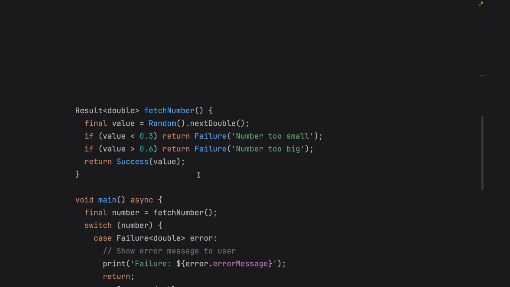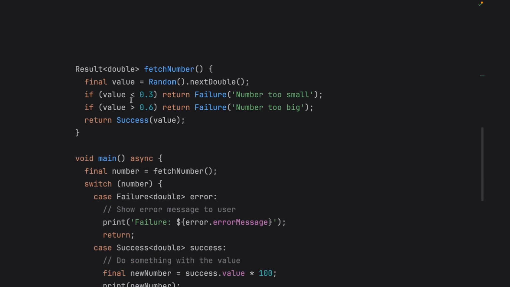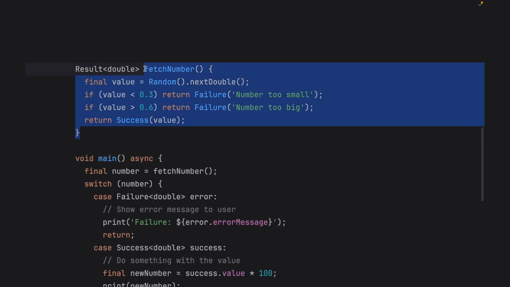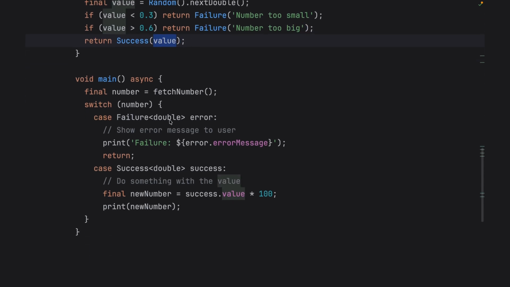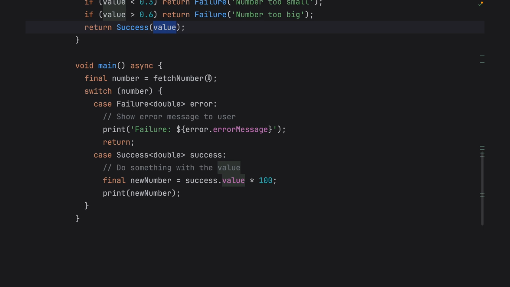And so then for its use, here's an example. We have a method called fetchNumber, which all it does is return a number between 0 and 1. But if the number is smaller than 0.3 or bigger than 0.6, well then it's a failure, and it can return, in this case, a Failure with an appropriate error message. But if it's not smaller than 0.3 and not bigger than 0.6, it will return the Success version with that value inside it. So as for using it, we have this method being called here, saved to a variable, and we can